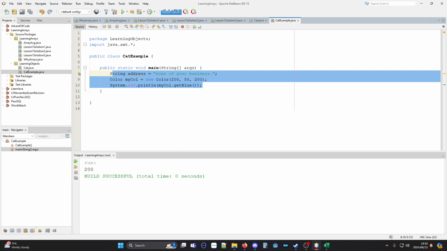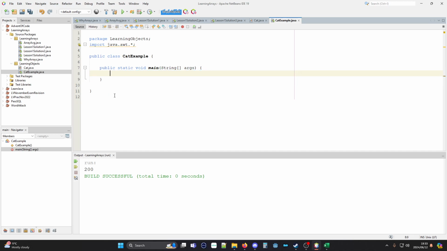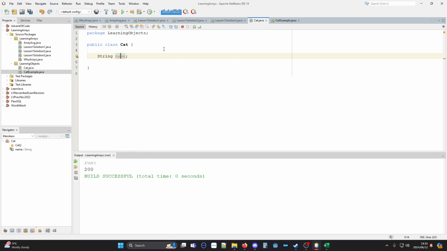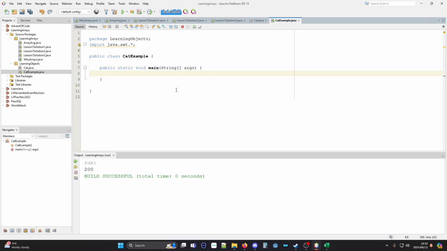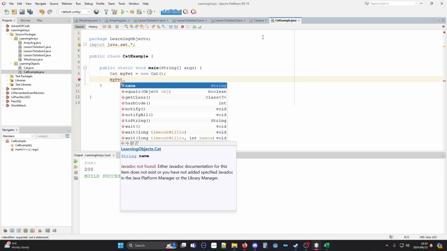So let's delete all of that. So let's create a cat. And our cat, there's literally nothing here. There's no constructor, which is a word you might not know yet. So we'll get to that in a second, but I can go cat, and I don't know, my pet equals new cat. Now you might notice that I'm not putting any values in here. That's because I don't have a constructor which takes parameters, which we'll get to, so don't stress if you don't know that. But what I can do is I can go my pet dot, and you see I've got